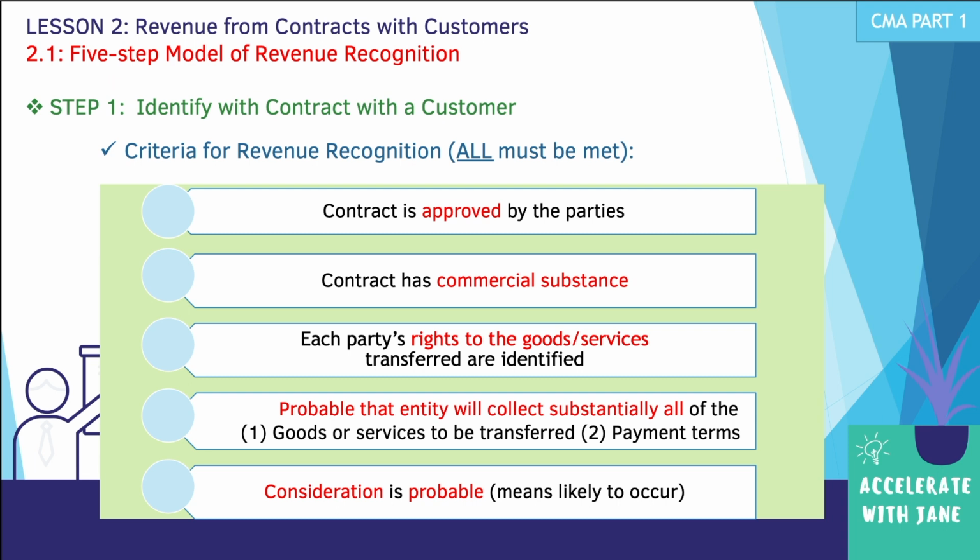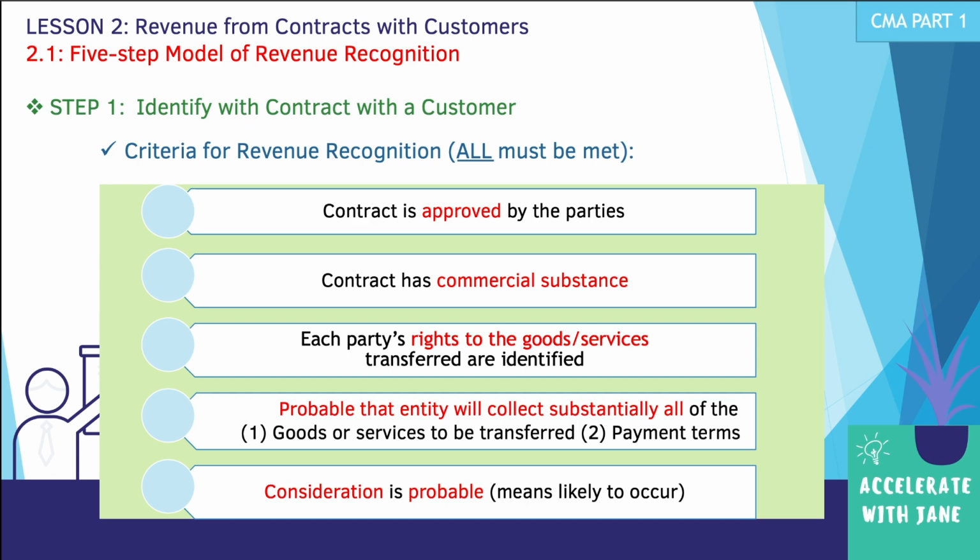So a contract has commercial substance, for example, if there's a transfer of risk and rewards, or if a contract states that future cash flows are expected to occur as a result of this contract. Third item here is that each party's rights to the goods or services transferred are identified. So it's understandable here that in a contract, typically each party has rights and obligations, and this should be clearly indicated